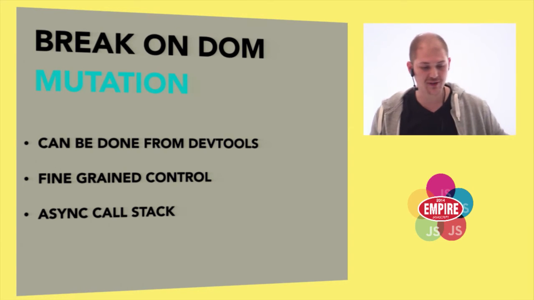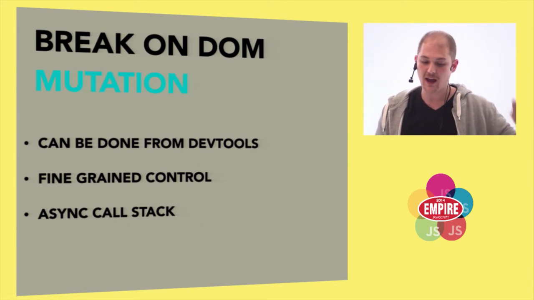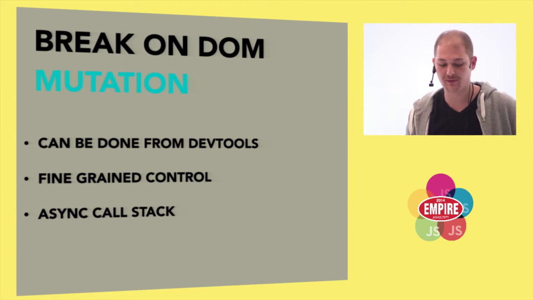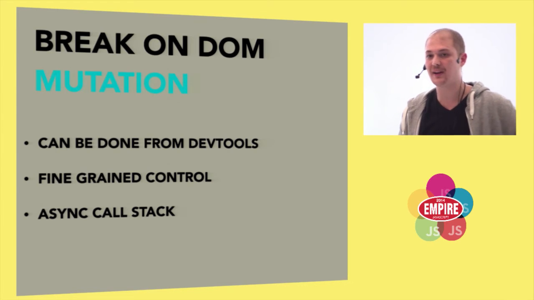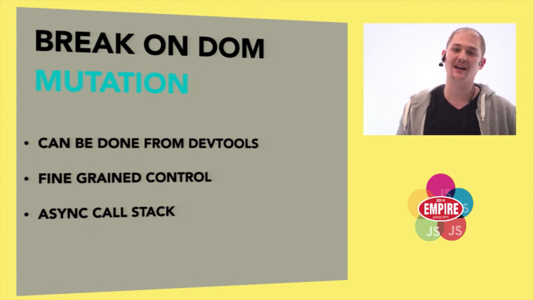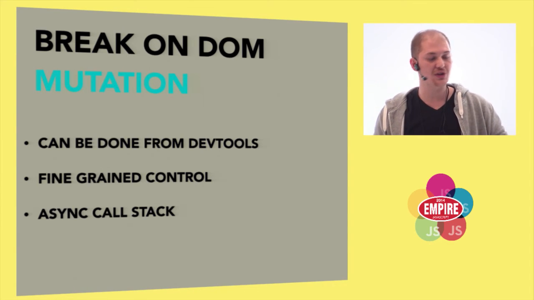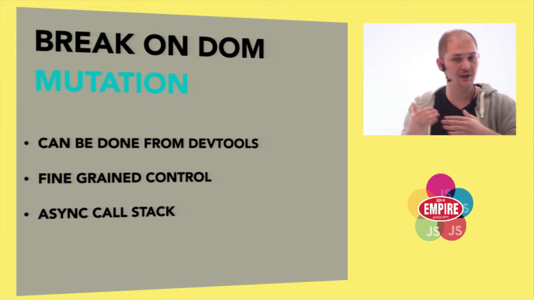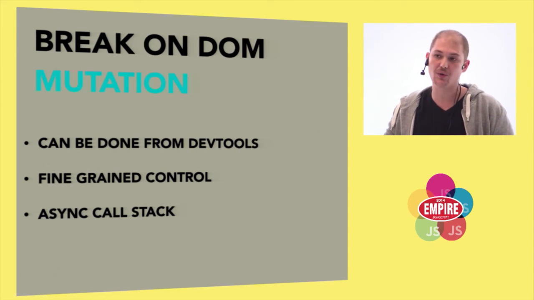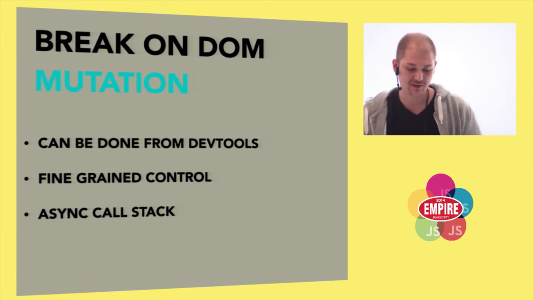But with DOM mutation events, you can listen on exactly the event that you want, and you can break when that event happens, like we saw with the custom events. The problem is that DOM mutation events happen asynchronously, so you wouldn't get a call stack that points you to the offending code. However, this will change with async call stacks, released in Chrome Canary. It basically gives you an extended call stack and shows you the offending code that triggered that event.